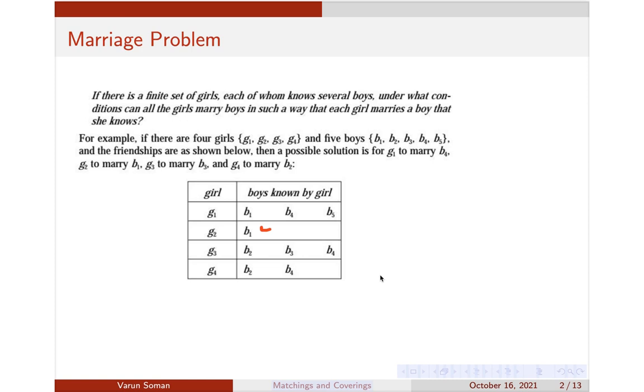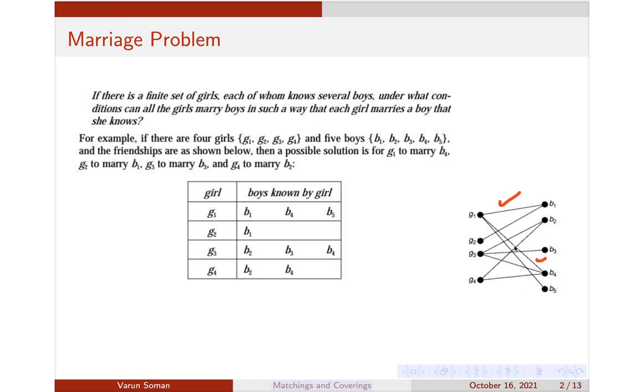You can represent this matching problem by means of a bipartite graph. Take the girls as the vertices in a set V1 and the boys as the vertices in a set V2. For example, if G1 is married to B1, you can draw an edge like this. So you can draw this assignment problem in terms of a graph. Here is the graph of this problem, where I have drawn edges between pairs who know each other. For example, G1 knows B1, B4 and B5.